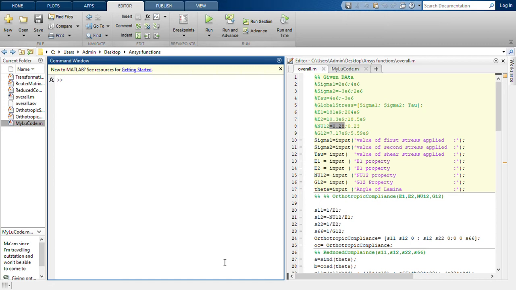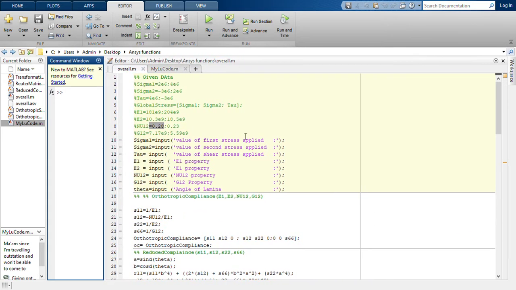What I'm going to do first is use all the values from example 2.7 to run this code, because example 2.7 is fully in the book and all the answers are given. So I can run the code with these values, see the output, and verify whether the code runs properly. This is the code on the right.